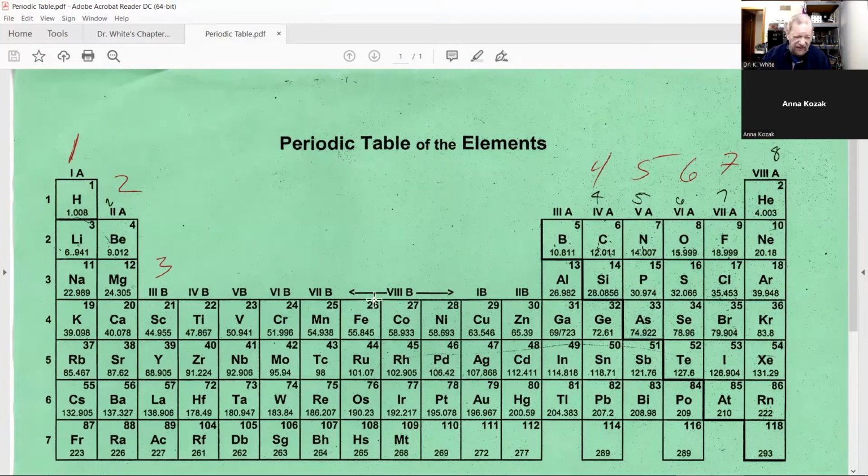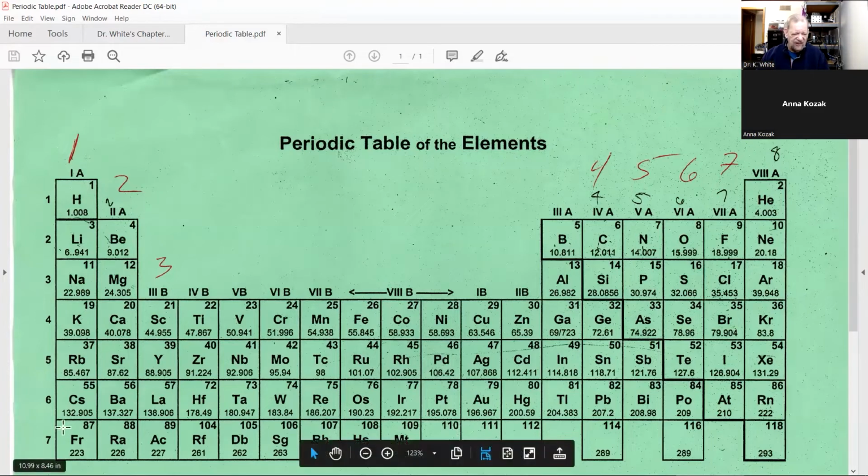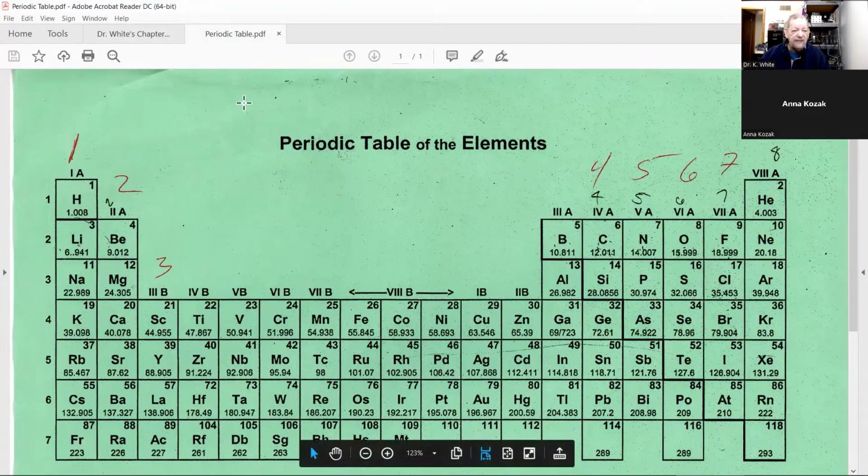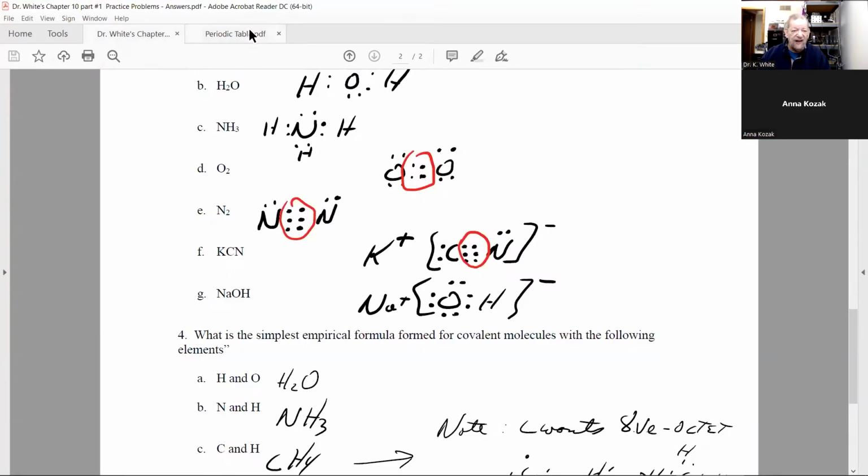Now, while we're still at the periodic table, this is something important you should remember: all elements in the first 2 columns, the alkali metals and the alkaline earth metals, never, ever form covalent bonds. They don't. But they do form ionic bonds. So you have to know what ion is formed. We already did this. Sodium, potassium, and lithium form a +1 ion. So we need to do KCN,